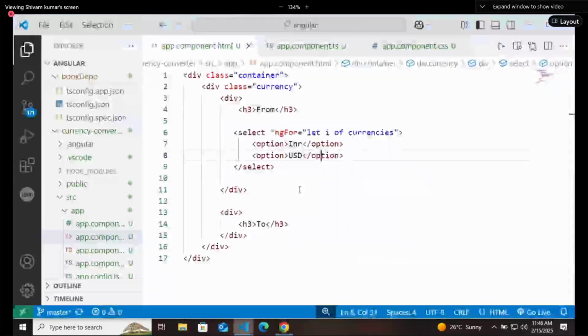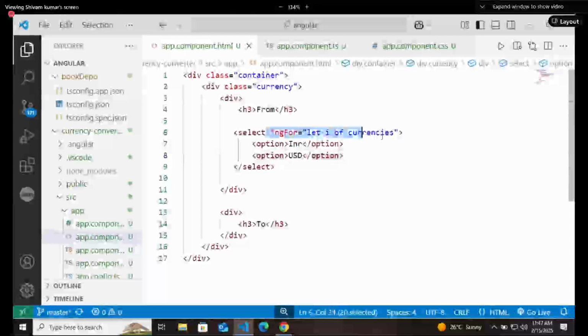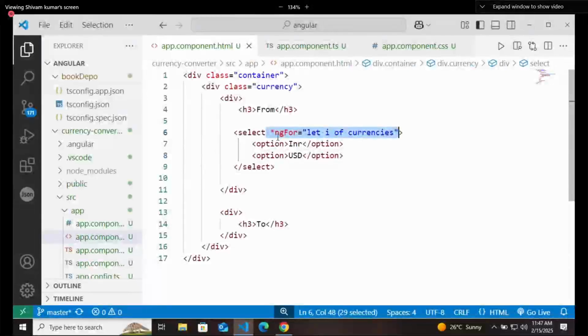It means that your for loop is running inside the select box, so it will create multiple select boxes.